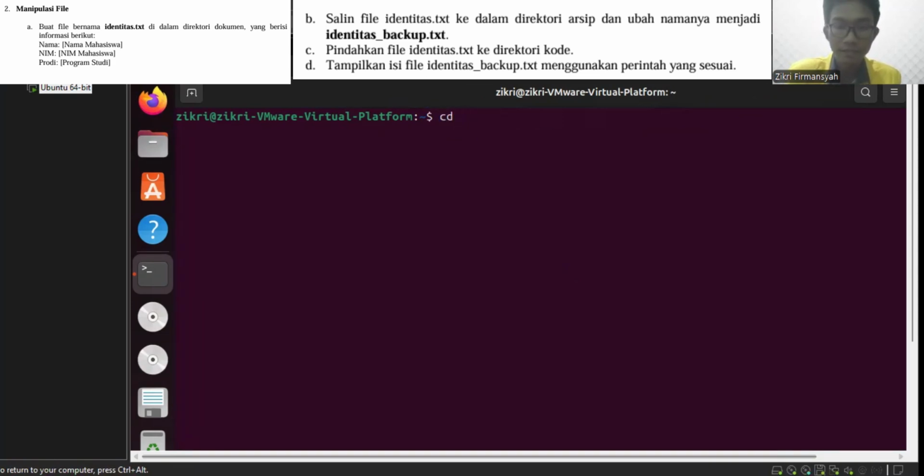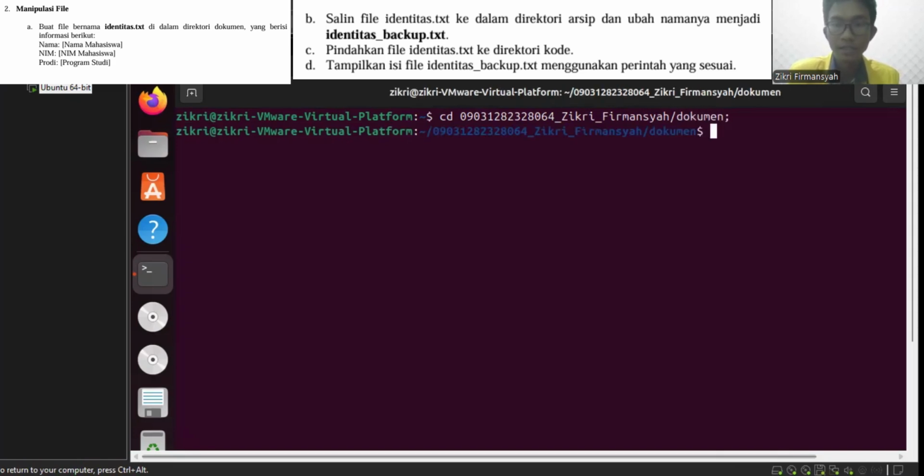I enter the directory first. Okay, document, and after that I create the file using the command touch, and then the name of the file, identitas.txt.